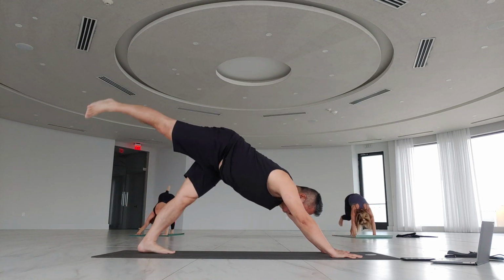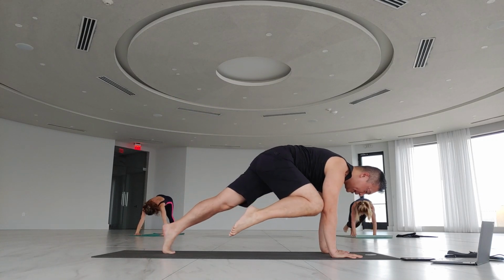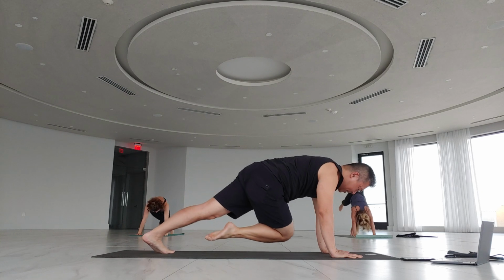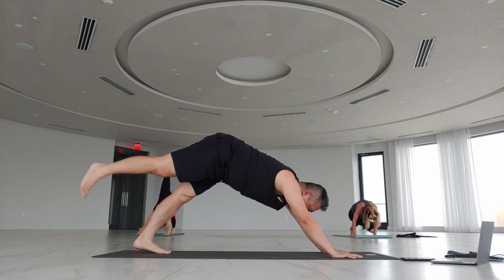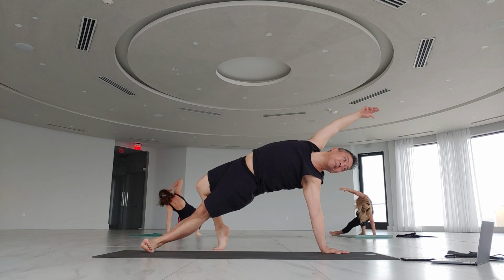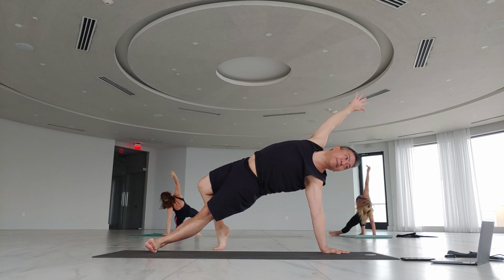Kick up, open up the hips, bend the right knee. Right knee outside of the right arm and touch. Kick back up. Knee comes into twist. Kick it back up. Open up the hips and flip the dog. Yogi's choice. You can stay here in the flip dog, or you can pick up the right foot for Vasisthasana